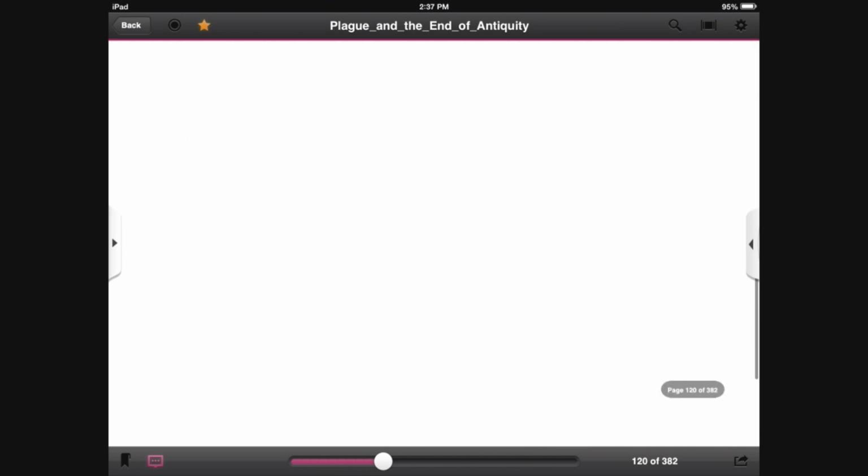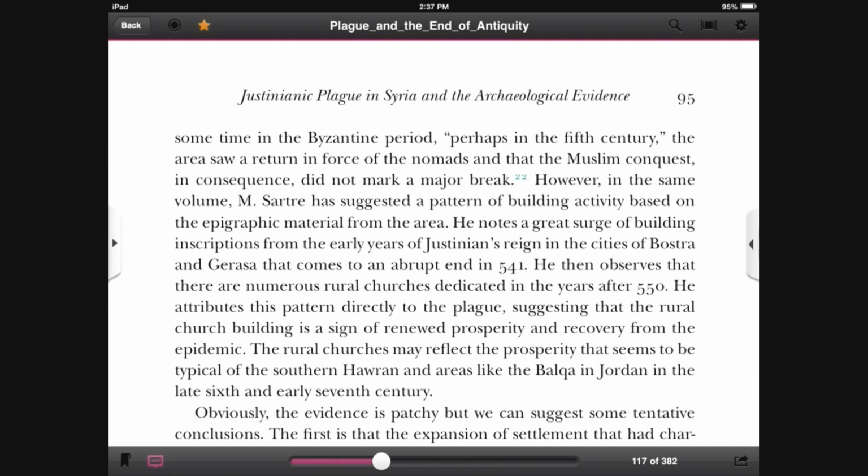On the left-hand side, there is a tiny ribbon-shaped button. When tapped, the ribbon turns purple and a tiny ribbon appears in the upper right-hand side of your page. Here you have the ability to place a bookmark on any page that you would like. If tapped a second time, the ribbon turns black again, and the bookmark in the upper right-hand corner disappears. On the right side of the bottom black bar, there is an Export button.